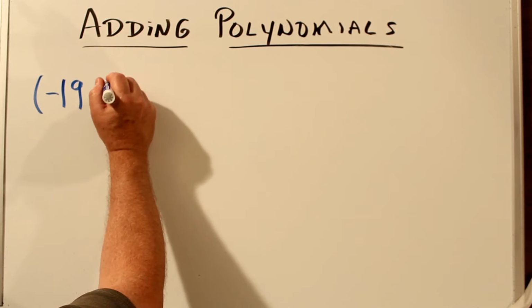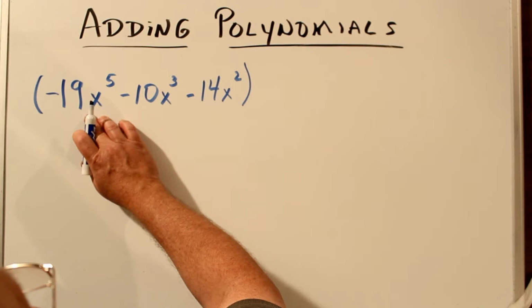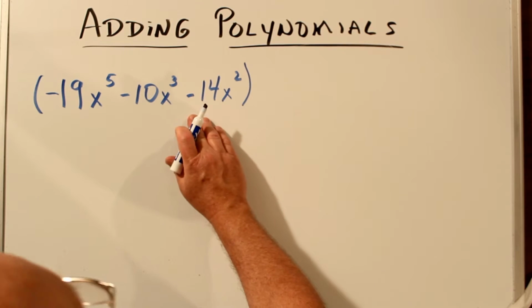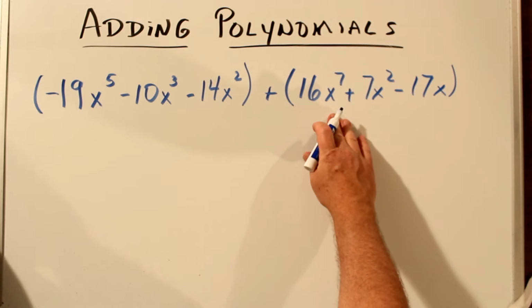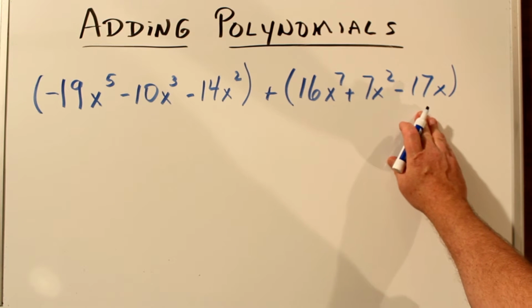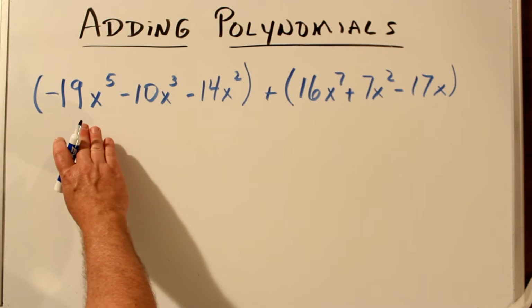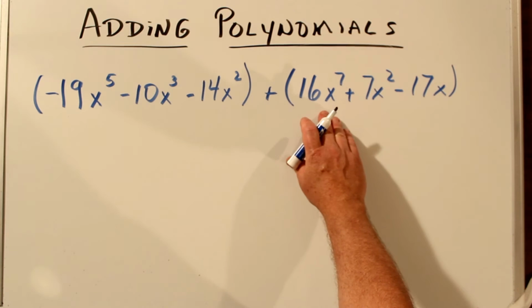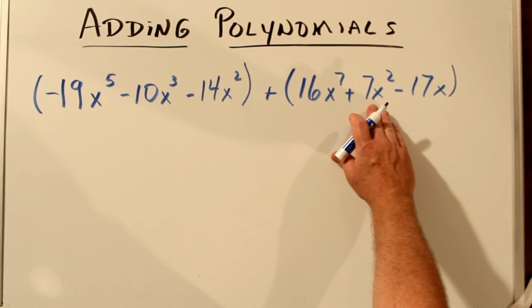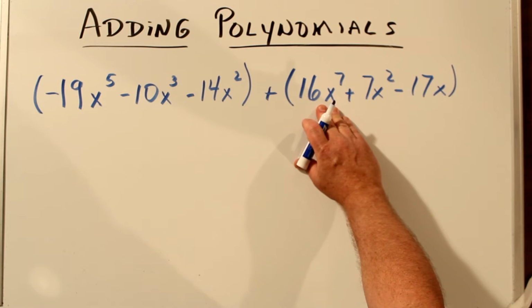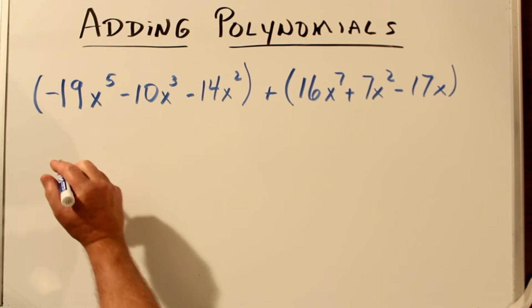Let's add minus 19x to the 5th minus 10x to the 3 minus 14x to the 2 plus 16x to the 7 plus 7x squared minus 17x. We'll look for terms with the same exponent. Here there's an x to the 7. There's no x to the 7 here, so it's assumed to be 16x to the 7 plus 0, or 16x